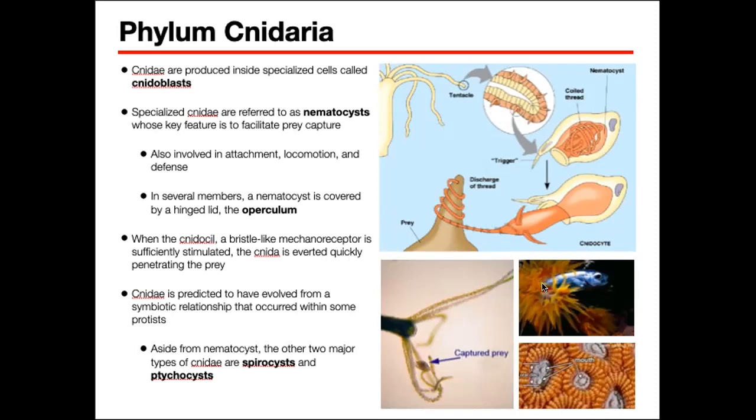this cnidarian. And there are other forms of cnidae, hindi lang nematocyst. Okay? We also have spirocyst, like for example, this one, no? Spirocyst, ibig sabihin parang lasso-like yung string that is fired at the prey. Ptychocyst naman, instead of entangling the food source, what they do is they put out a sticky substance that is used to hold on to prey, okay? To hold on to the prey.